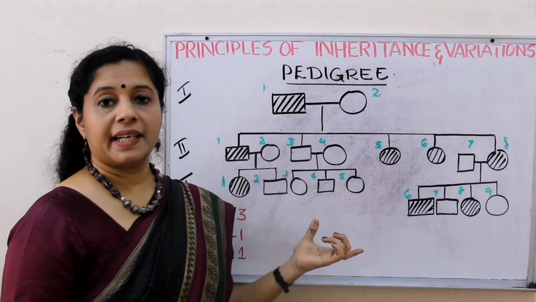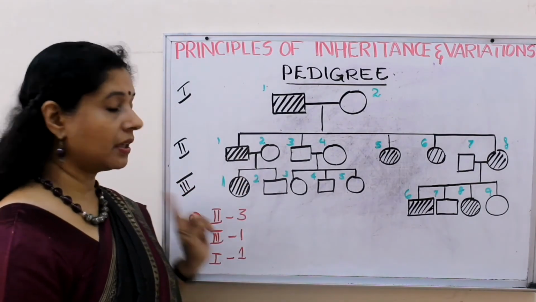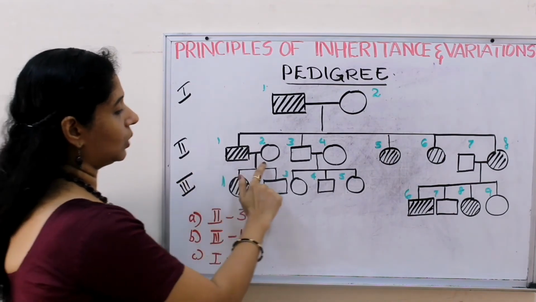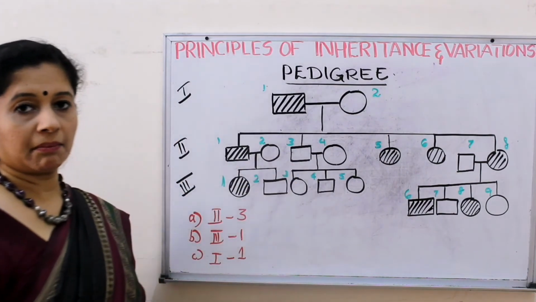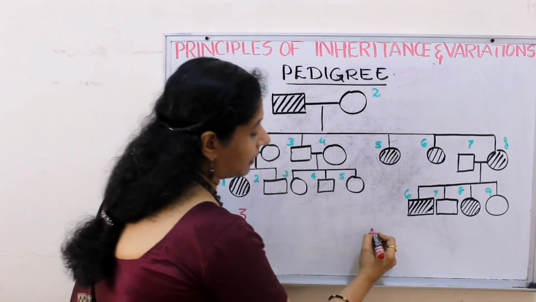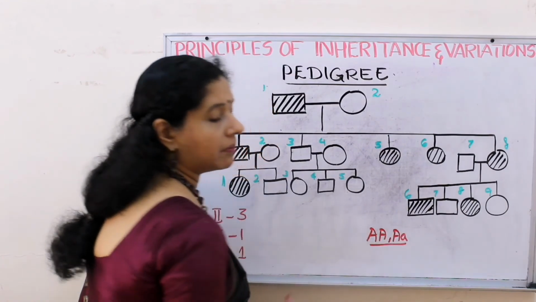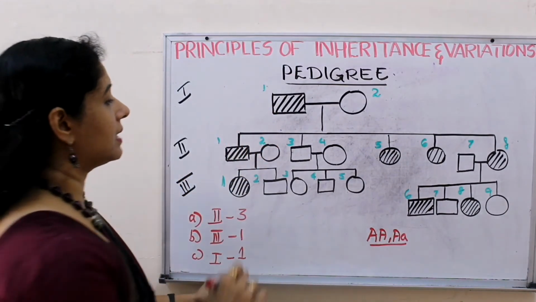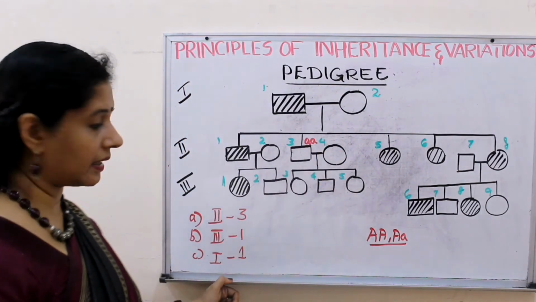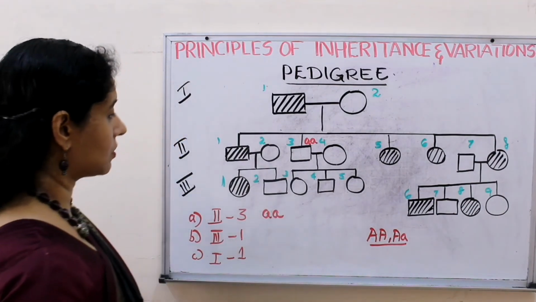What you are supposed to find out here is the genotypes. I just wrote the members here. Second generation, third member. So let us see the second generation. This is the second generation. 1, 2, 3. This is the third member. So we know that it is a dominant trait. So if it is capital A capital A, or capital A small a, both will be affected. So normal means it has to be homozygous recessive, right? So second generation, third individual is small a small a.